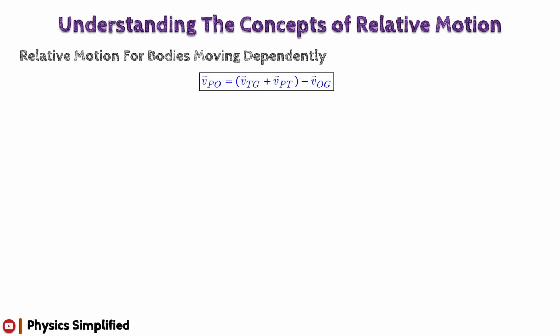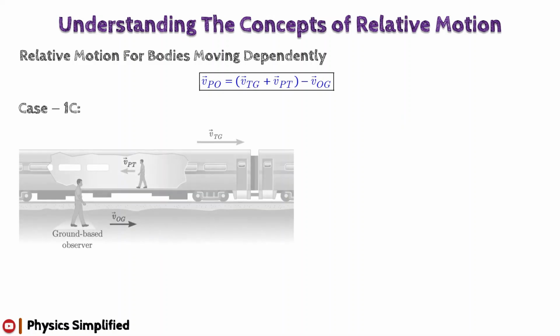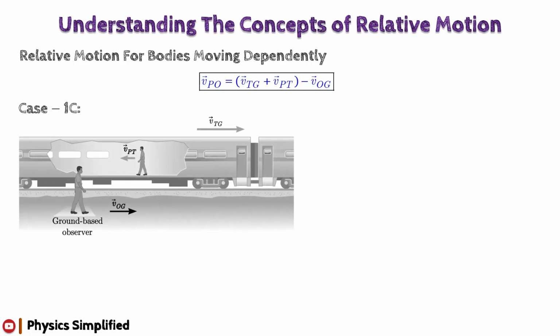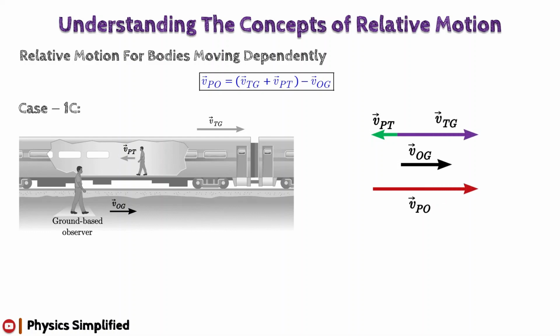The situation of the third subcase is shown in the figure. As shown in the figure, the observer is now moving on the ground in the same direction as that of the train, but the passenger inside the train is moving opposite to the direction of motion of the train. By considering the direction of motion of the train as positive, from the corresponding velocity vector diagram we find that